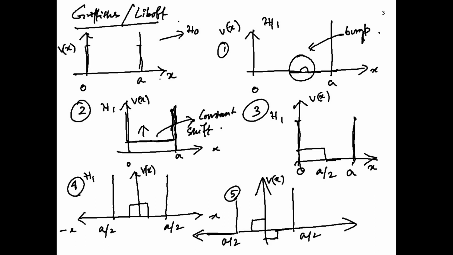You can try this problem. Actually it's a very simple problem. You can even solve it exactly, or you can use first order perturbation theory and see how using different types of functions to model this bump changes the answer. Okay, the next problem is the easiest problem worked out in Griffiths. I have not worked it out, but it is shown in Griffiths, maybe worked out also. It is basically adding a constant shift of the bottom of the well, or bottom of the potential, by an amount V naught.